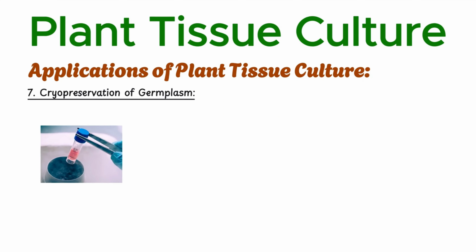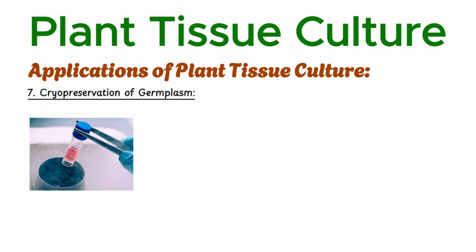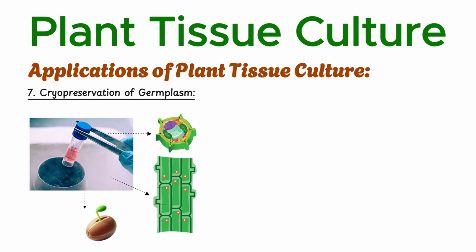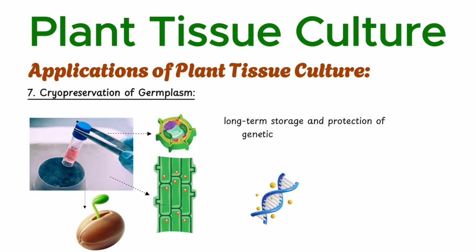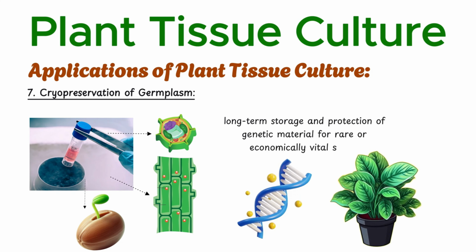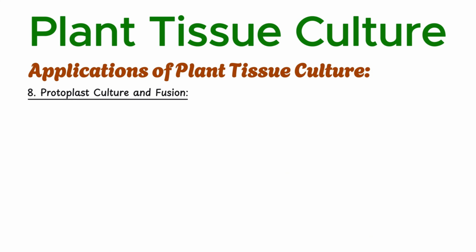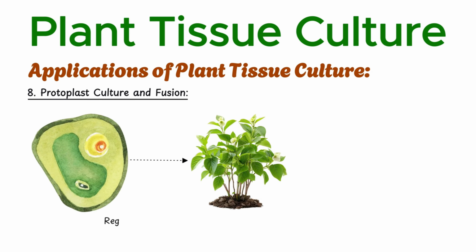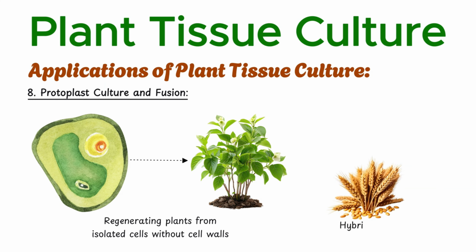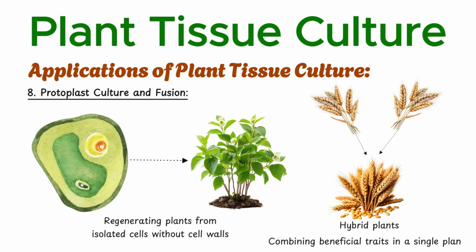Tissue culture techniques facilitate the cryopreservation of plant cells, tissues, or embryos in liquid nitrogen. This approach ensures long-term storage and protection of genetic material for rare or economically vital species. Protoplast culture involves regenerating plants from isolated cells without cell walls. Additionally, protoplast fusion enables the creation of hybrid plants by merging cells from two different species, combining beneficial traits in